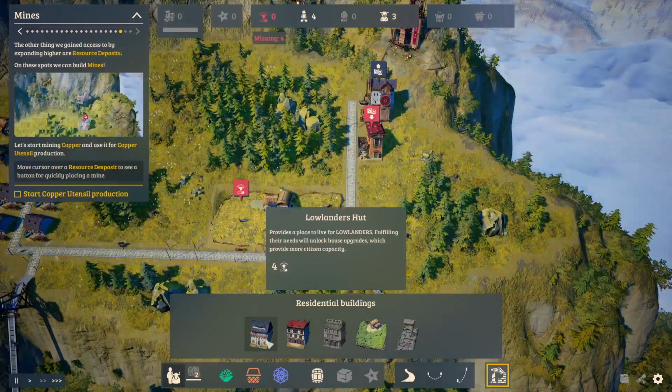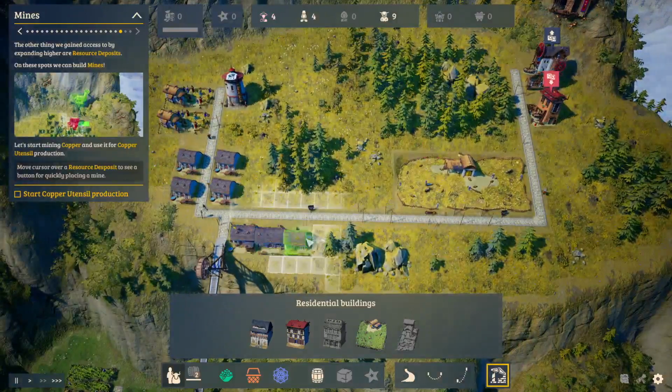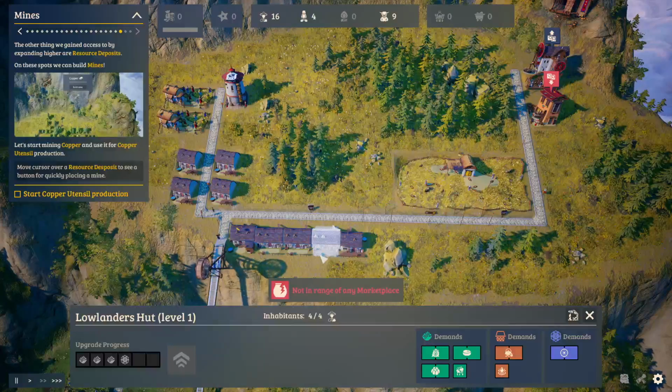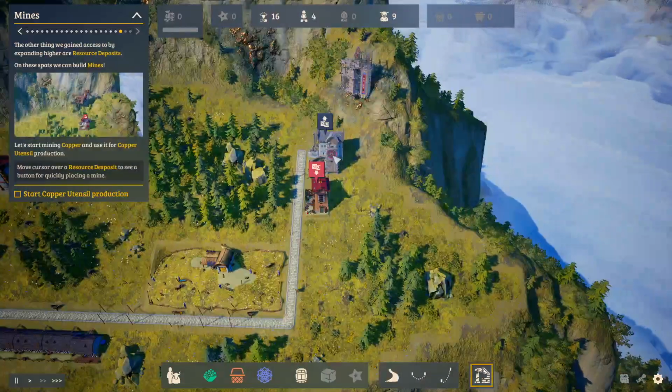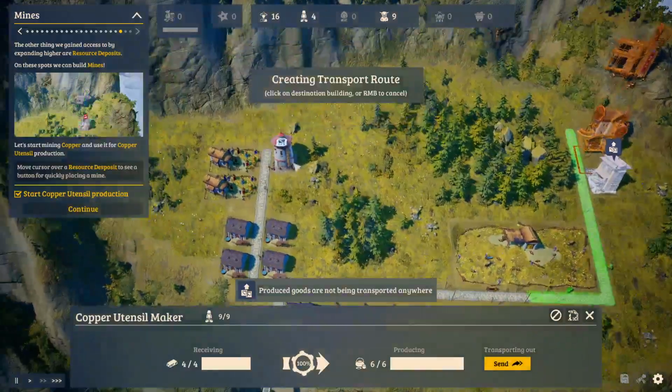We have no lowlanders. So guess what we're going to do? We're going to build some lowlanders over here. 1, 2, 3, 4, 5. And these guys won't upgrade. They'll literally just sit here. They have demands being met, but for now they're just going to sit here and hang out. So we're going to click this to go to there. Perfect. And then this can go to...